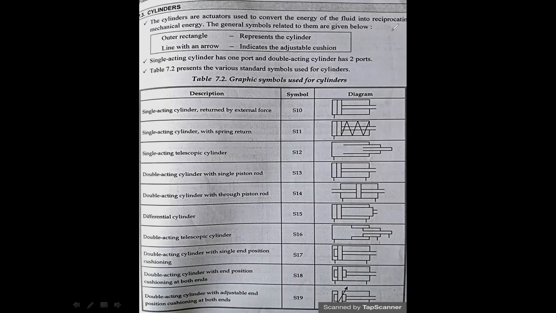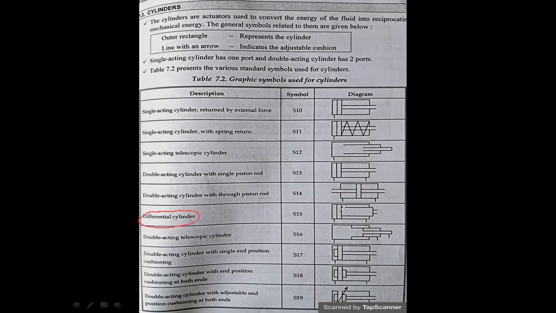With a through piston rod, the piston rod's main part will be in the center of the cylinder. So you'll have two sets of single double acting cylinders in which the pressurized fluid enters in both ways. Depending upon the pressure, it pushes from this side and also from this side. That's why it's called a through piston rod. Okay, so next comes the differential cylinder.